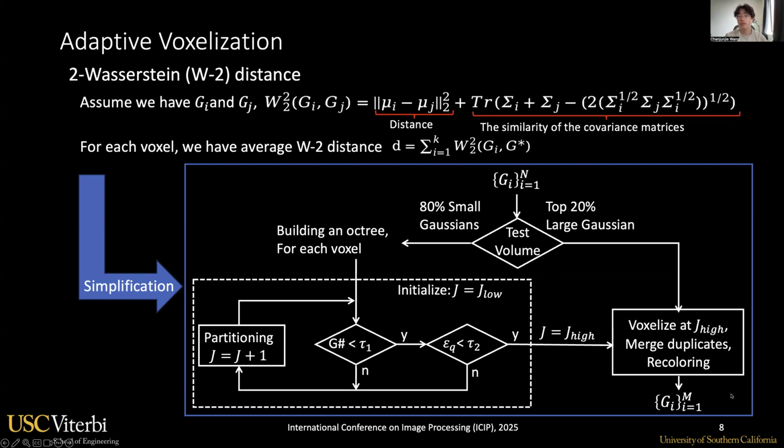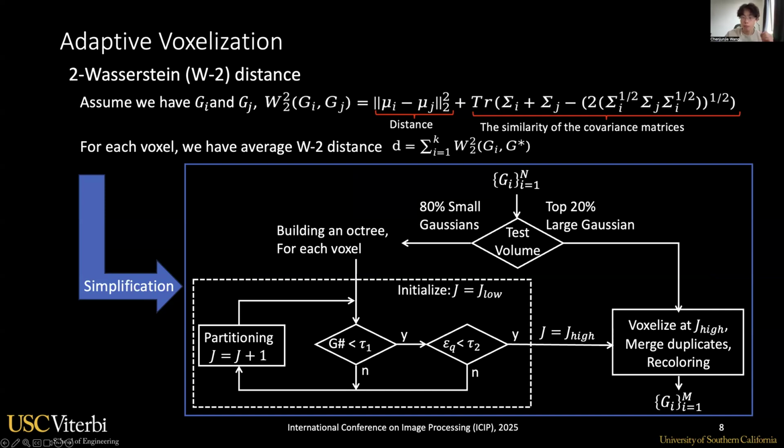In the simplified version, we first compute the volume. The larger 20% Gaussians are represented at the highest resolution at all times, J high. The remaining Gaussians are voxelized uniformly at the initial partition depth J low. Beyond these depths, further partitioning is determined based on the number of Gaussians within a voxel and their distance to the voxel center. If a voxel at a given depth contains a lot of Gaussians, indicating the need for further